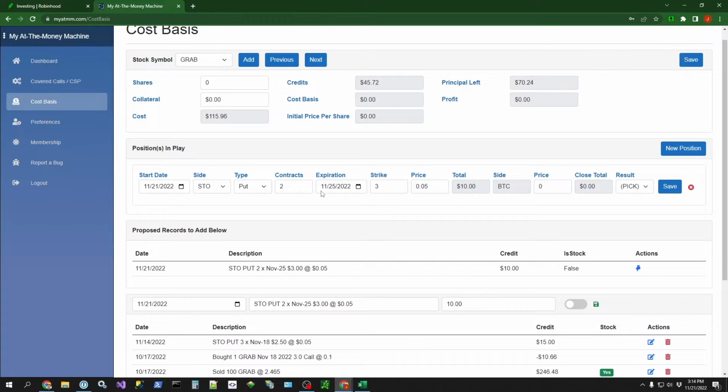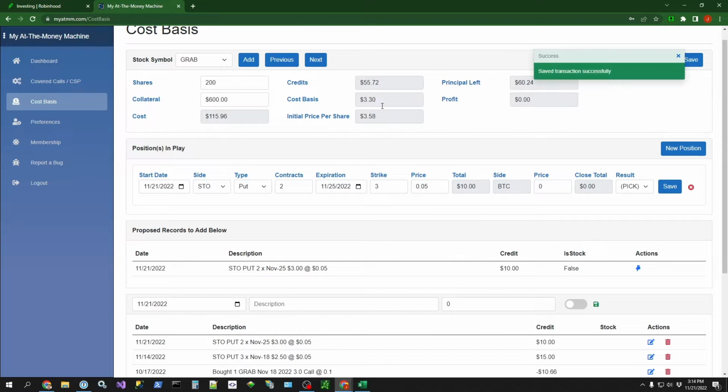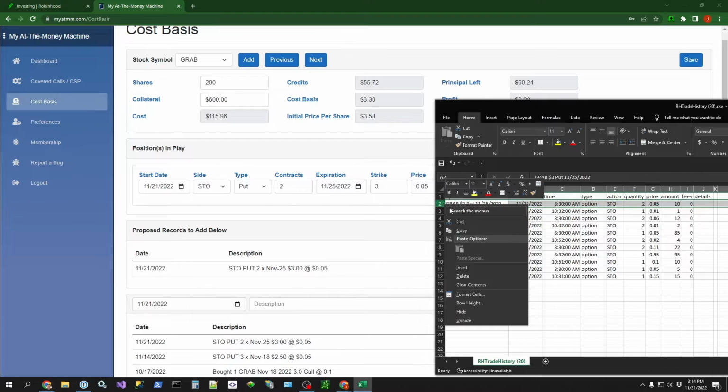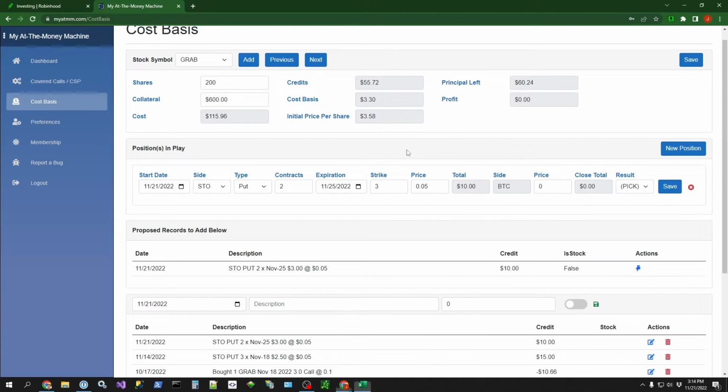the screen. Now this is a put for 2 contracts, so let's go ahead and enter the 200 shares, and strike price 300 each, so that's 600 collateral total. Brings us cost basis up to that. We're going to click save and watch this number go down when we do it. See, takes it down 5 cents for each one, so that's kind of cool to see. The cost basis continually drop. Okay, so Grab is done, and I think I already clicked save here, but it doesn't hurt to click it